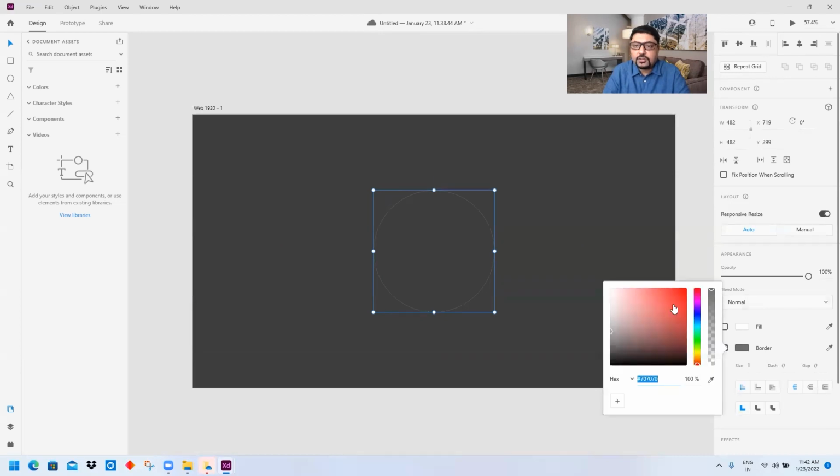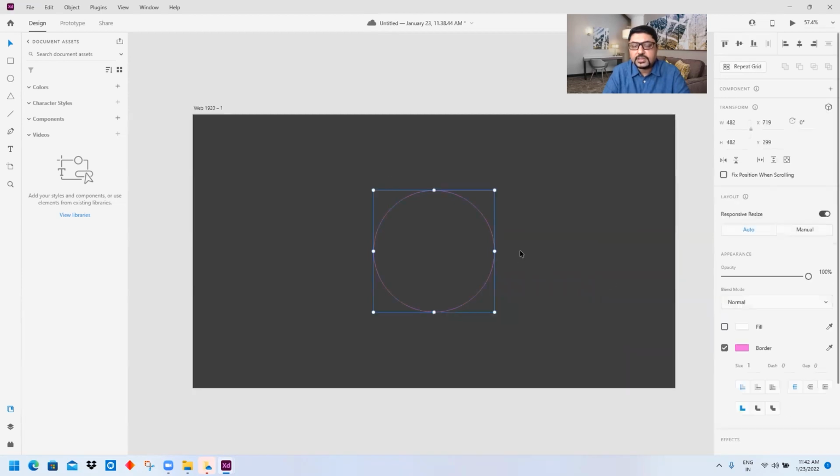In the border, however, I will take a fluorescent purplish pinkish color. It works very well on a dark background, but the line is extremely thin. I am not liking it. So I will take, say, 24. Yeah, this looks good. You can also make this preloader a little smaller.